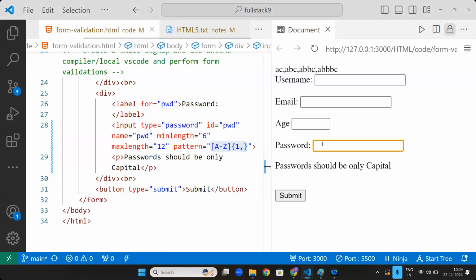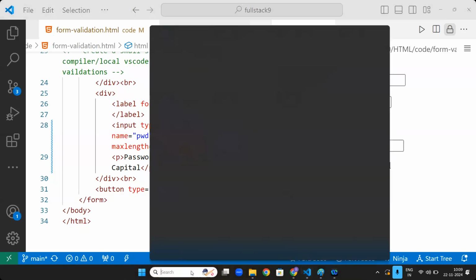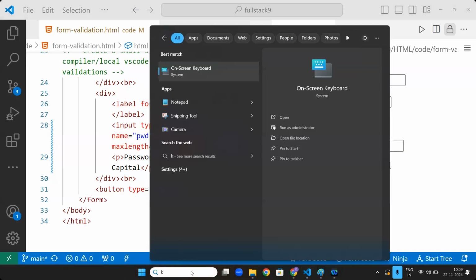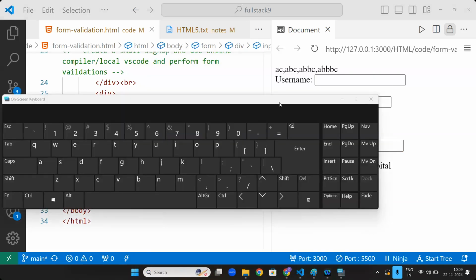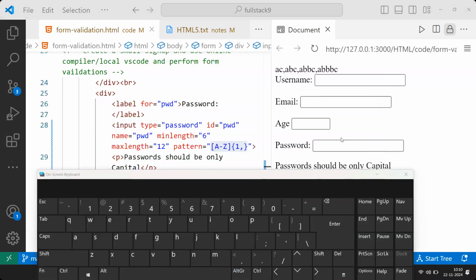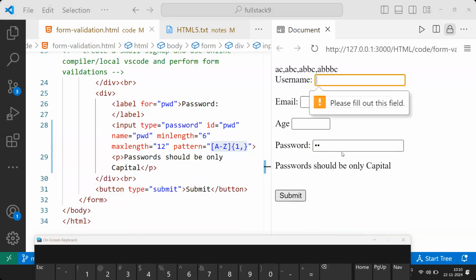If I say A, B, C, you cannot see it. I'll show you the keyboard. How to show you the password? JavaScript will do that, not HTML. But if I go here and write U, I, then if I try to submit the form,